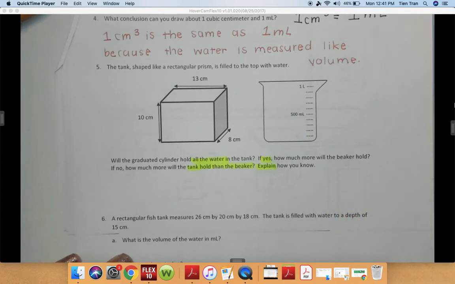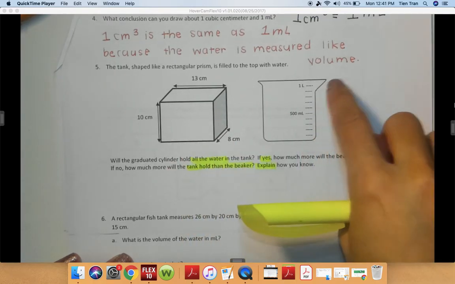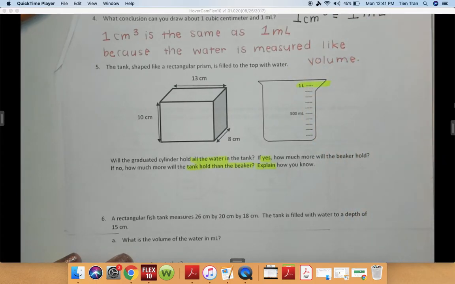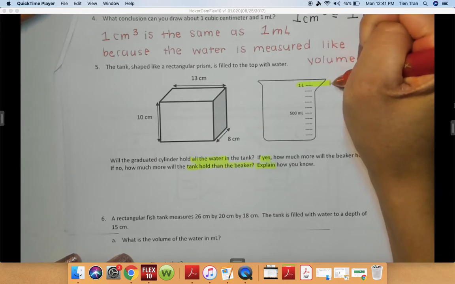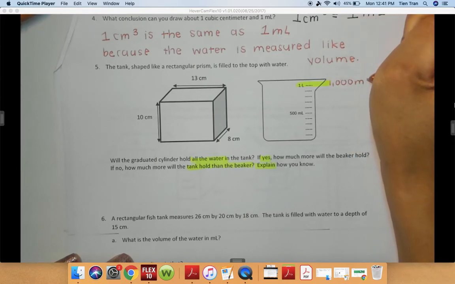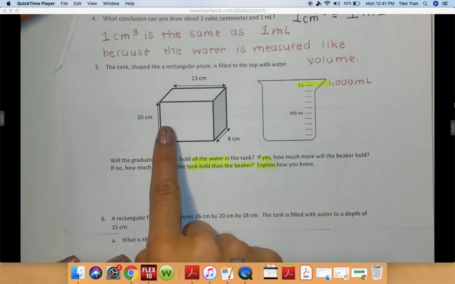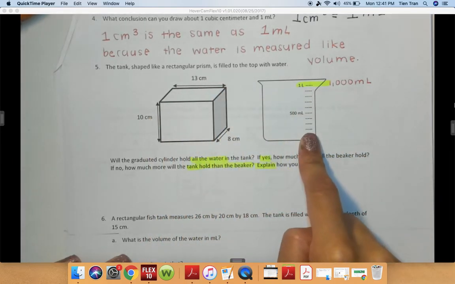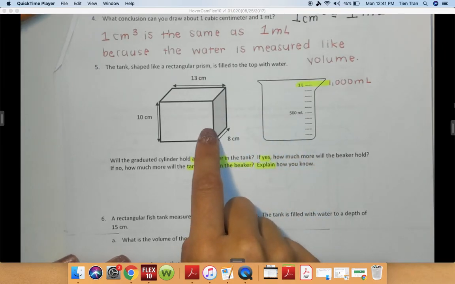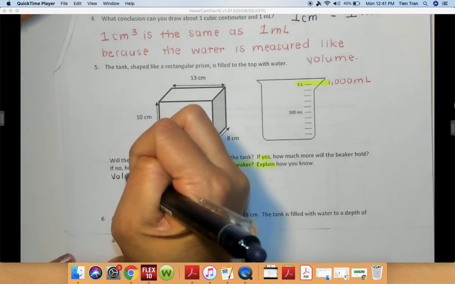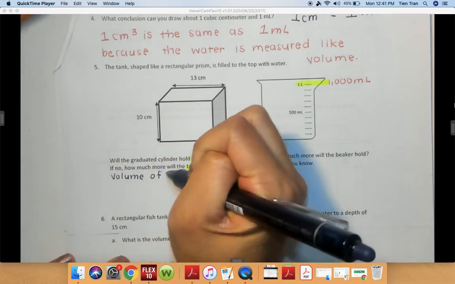So I'm going to figure out how much is 1 liter. 1 liter, if you remember, is equal to 1,000 milliliters. Okay, so that's the conversion. So we're going to see if this will fit in here by finding what the volume of the tank is equal to. So I'm going to write down here volume of tank,